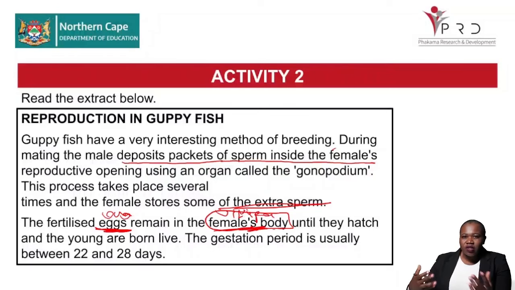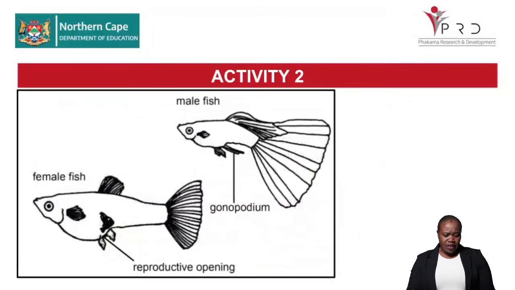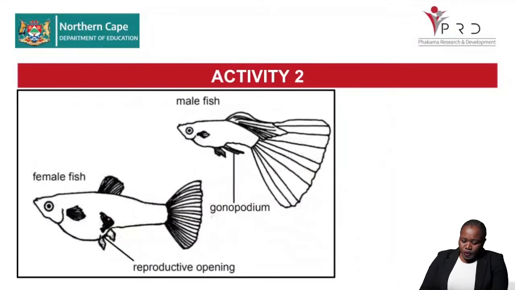Right. As you are reading, just make sense of what you are reading, right? Until they hatch and the young are born live. The gestation period is usually about 22 to 28 days. That's a very short gestation period. So we can see the gonopodium that the male fish uses, and then we have the opening of the female's reproductive